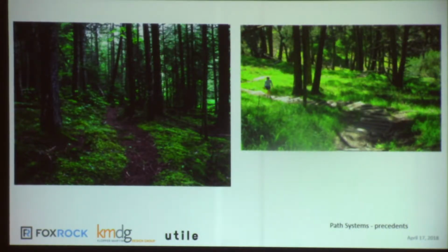And a couple of images of what that could feel like. These are obviously big, dramatic forests, and it's not exactly what we're dealing with. But the point is, in some cases the path will very easily follow the terrain, and in other cases we will need to use steps or stairs to navigate it. So there would probably be a combination of those strategies. That's what I'm trying to diagram. But also, particularly on the right, there's a feeling of very low vegetation, but mostly it's just big trees, without that in-between layer, which is what we're talking about as the buffet for the